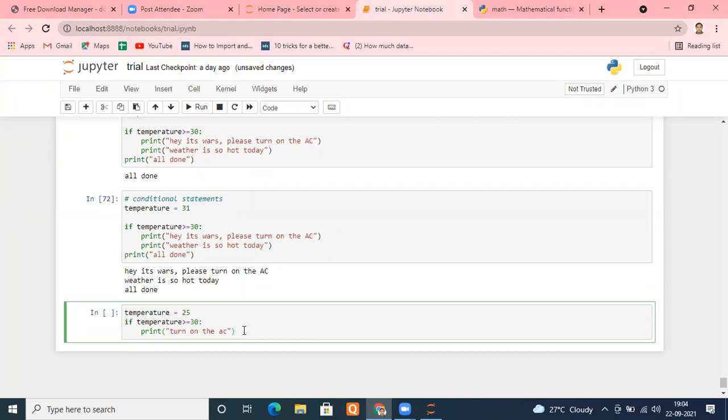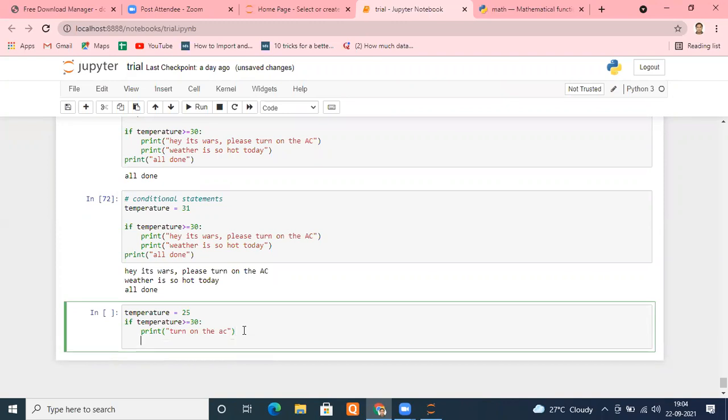If this condition fails, check again. If this condition fails, elif. Instead of else if, here it is elif. And as many elif statements as you want to check, you can do that. It's up to you how many you want: 3, 4, 5, 6, 7. In C programming, we have else if. Here we have elif. So I'm using elif.